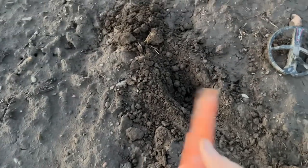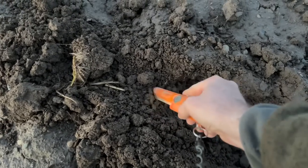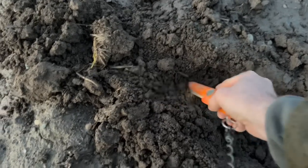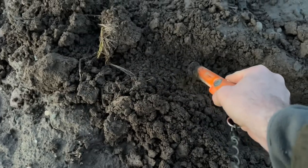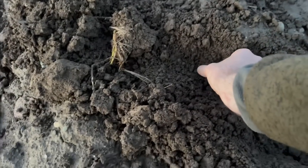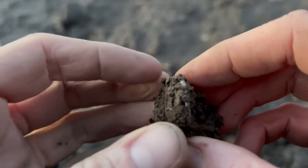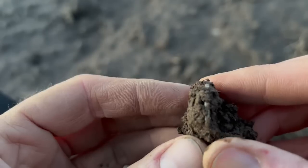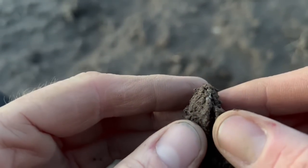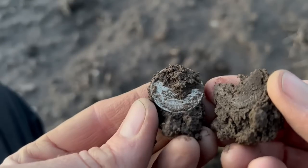We've moved it, so I think it's kind of on the edge of the hole. About there. There. Oh, there. There. A wee glint of... kind of looks a bit silver. You know what? I think it is. I think it is. Look at that. You can just make out a little milled edge. And that is...